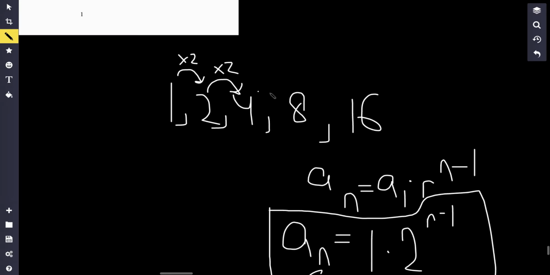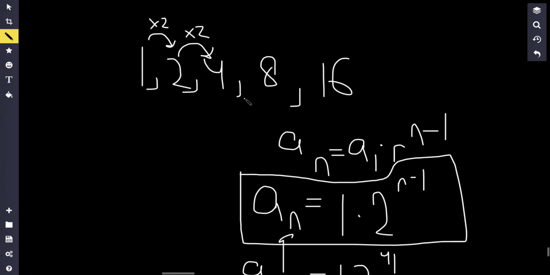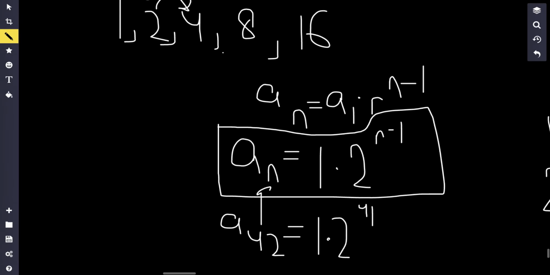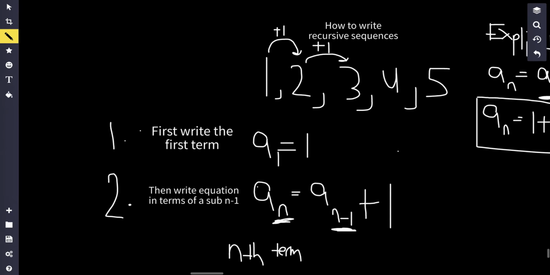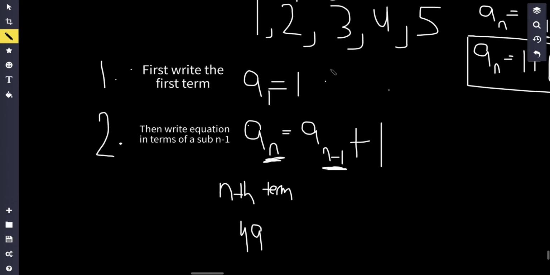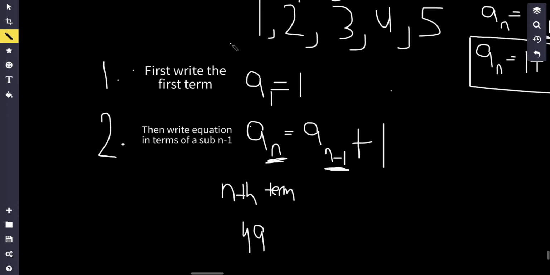But for a recursive sequence, there is no shortcut for this, right? Notice for this recursive sequence right here, if I want to know, let's say, the 49th term of this sequence, well, if I was using this,